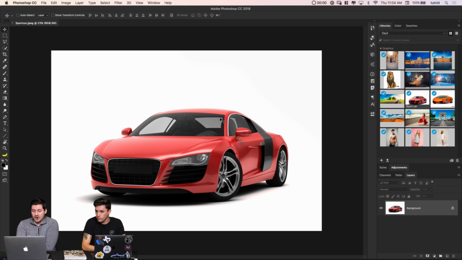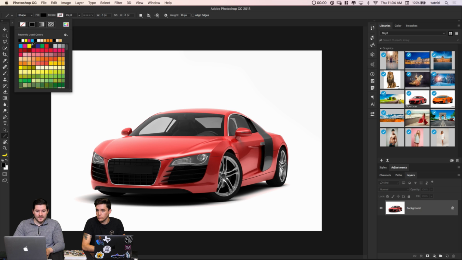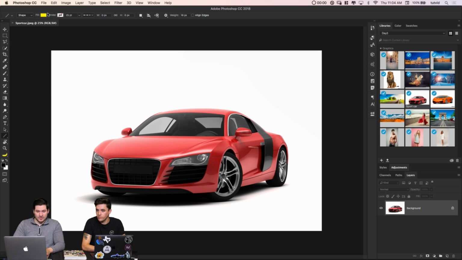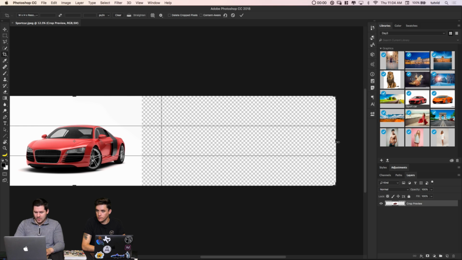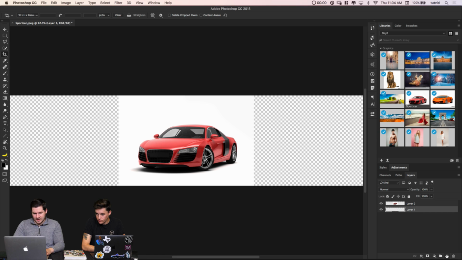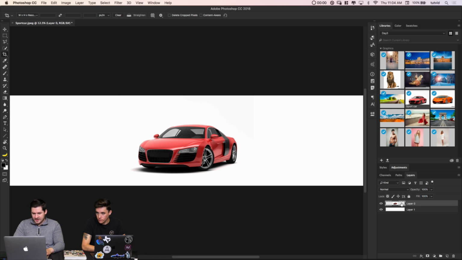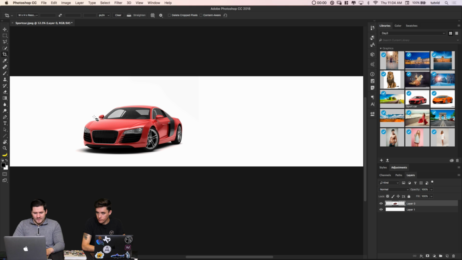Now, when you're working with a car, you have angular lines and things, right? So I can come in here and say, let me just change the fill of my line here as I begin drawing lines. I think yellow will be able to be seen here. In fact, let me just stretch out my image quite a bit wider so we can all see what's going on here. Let me just throw a white background down there. All right, so with this car, I can go ahead and say like, all right, one line of perspective comes